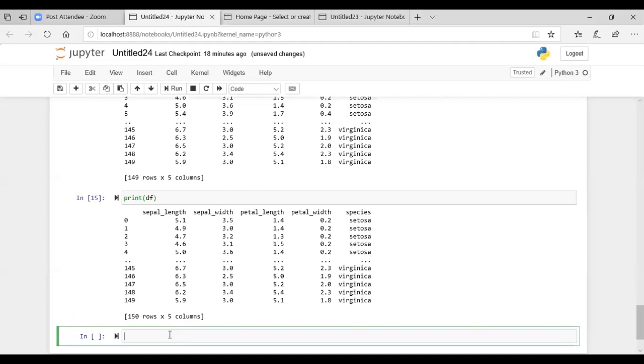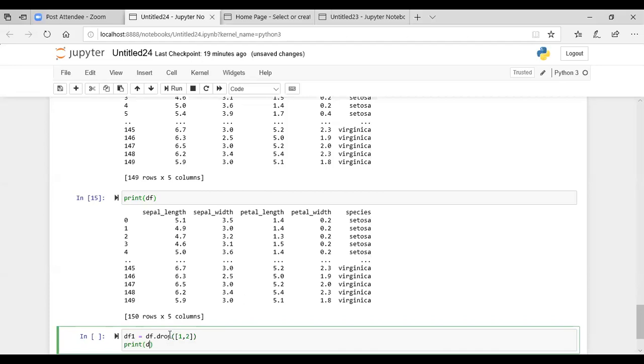Now, if you want to drop multiple rows from the data frame instead of a single one, you will be using df1 is equal to df.drop, and here I'll be mentioning 1, 2. I'm not mentioning 0 here, so just see what is going to happen.